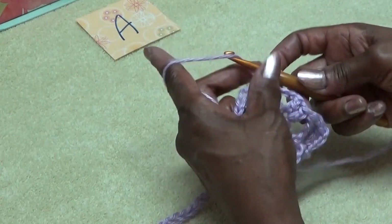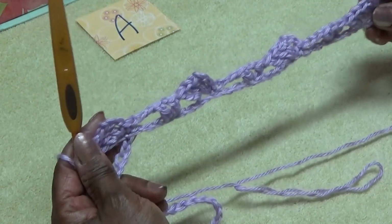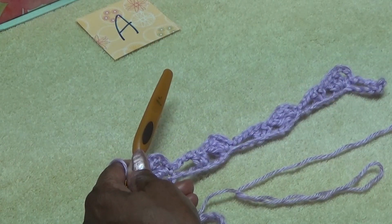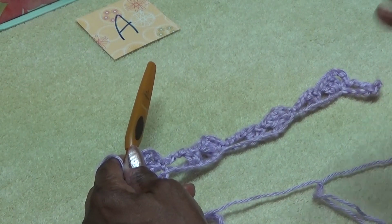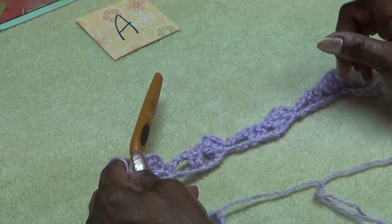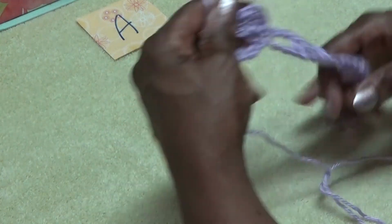1, 2, and 3. Okay, this is what we have so far. Alright, now of course you have a long chain, and as you get near the end of the chain, I would stop and count. You remember, I like to have odd repeats, because that way you'll always have a center point. So let me just see, I have on this sample 1, 2, 3, 4, so I'm going to go 1